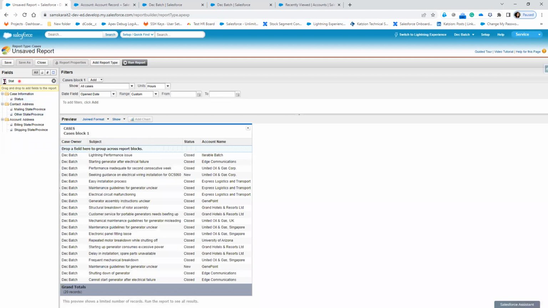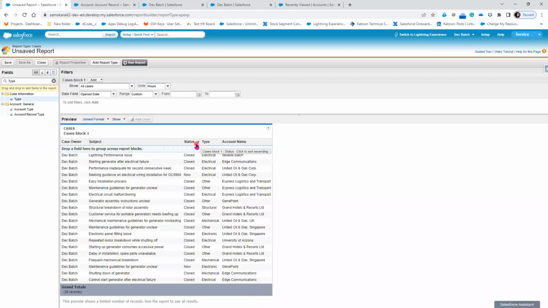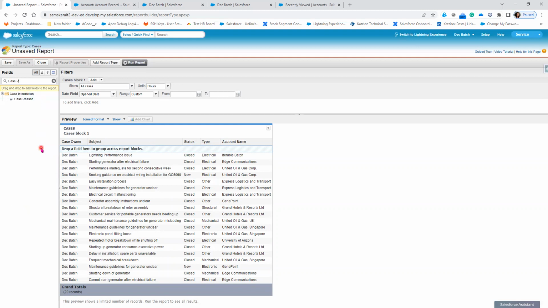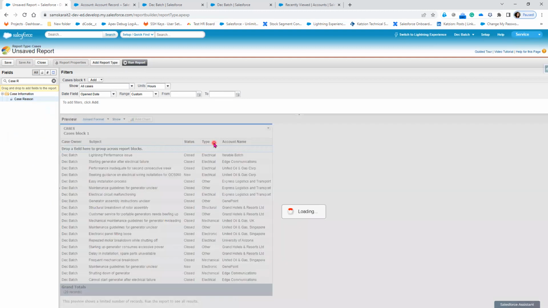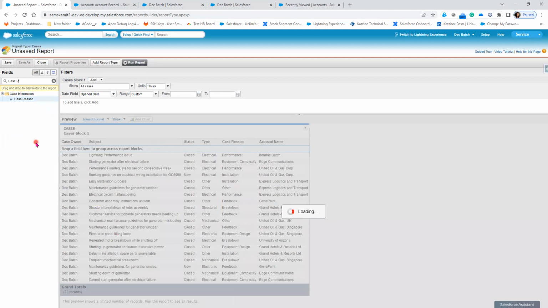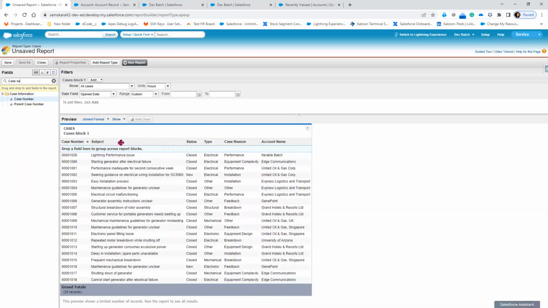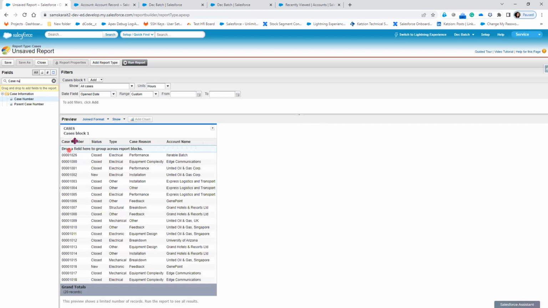And let me add the type, case type. Right, and then we'll have a case reason. Or instead of a case owner, I'll take the case number. Subject I'll take out. Case number, status, type, case reason, account name. So this is the one which is block 1. Now if I run the report,